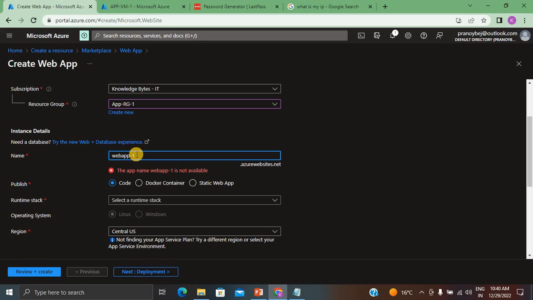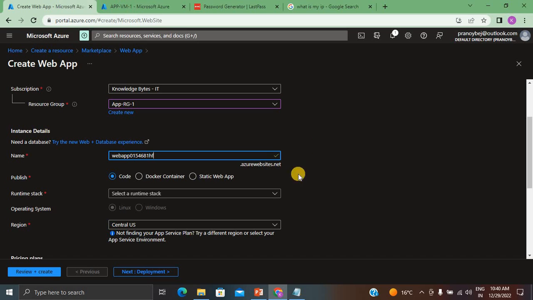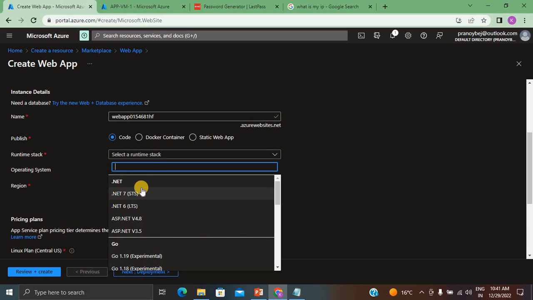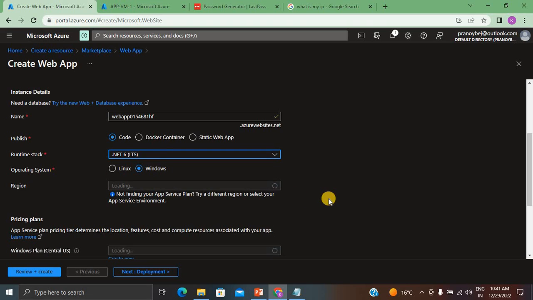So this web app name is not available because this name needs to be globally unique within this Azure website name. So I'll choose something random so that I can get a unique one. And what I want to publish, I just simply want to publish code. I don't care about anything else. So I'll say it's a .NET 6 code that I want to host, and I want to host it in